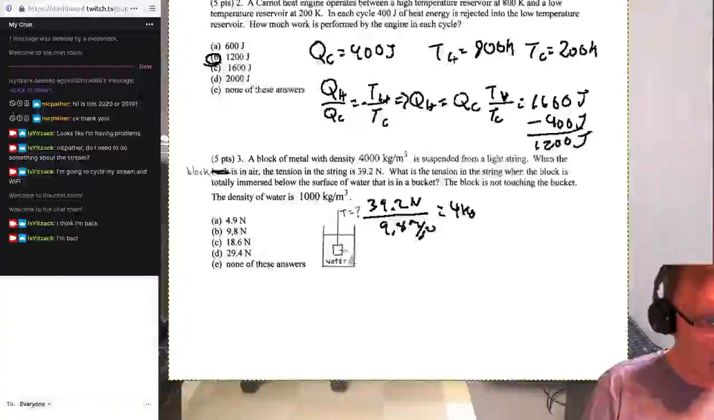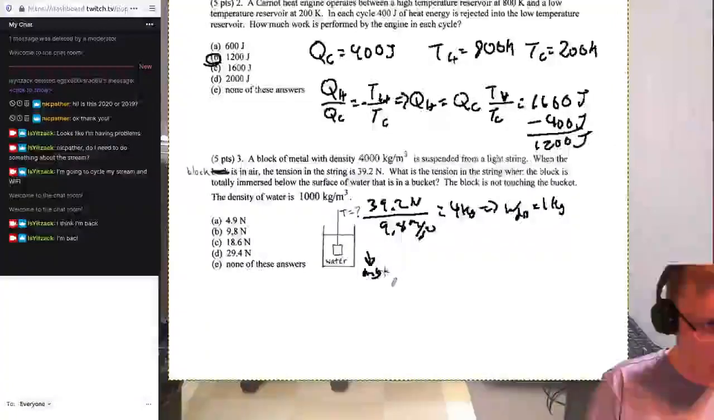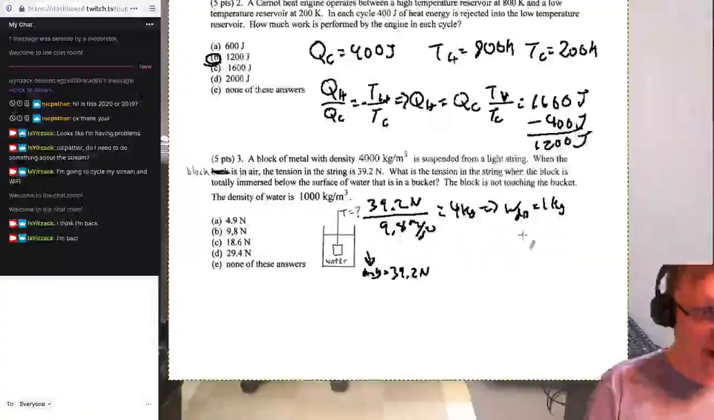Okay, so that means that it will displace water. The water displaced is going to be 1 kilogram. So that means that the mg pulling down is going to be 39.2, let's back it up, is equal to 39.2 newtons, but the water will be,